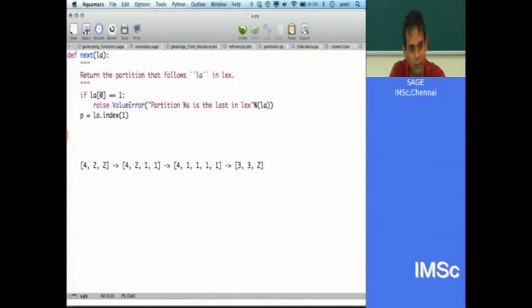So firstly we would take this last thing and reduce it. So suppose we had, just another example, 4 comma 4, then this last 4, what I would do is turn it into a 3 and put a 1, right. So I would want to reduce this last non-1 thing by 1, right. So let's say m is equal to la[p-1]. So this is the last guy that is not 1,